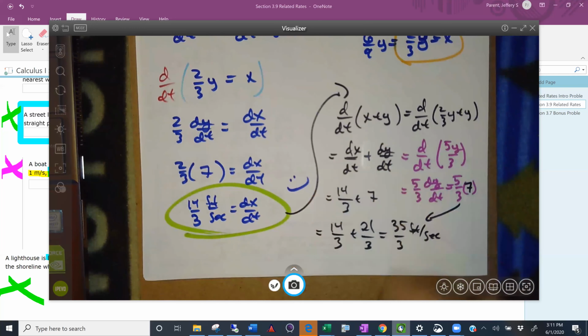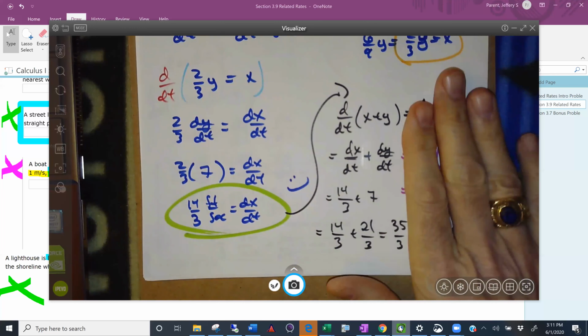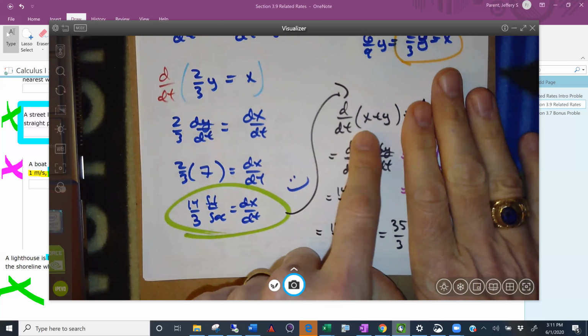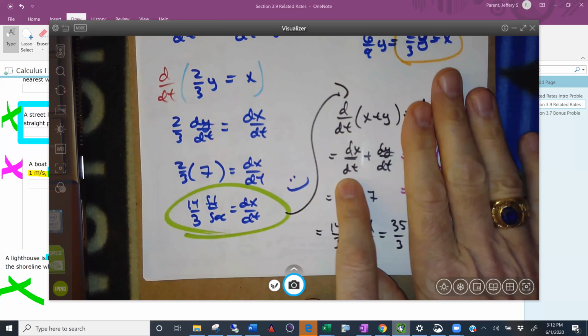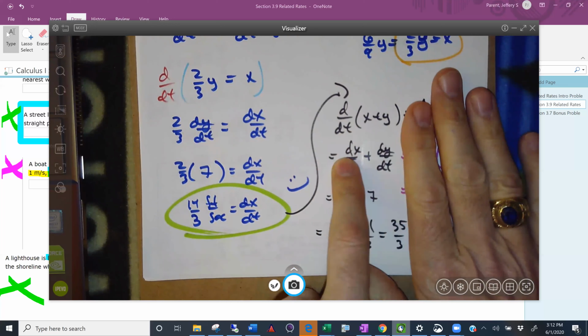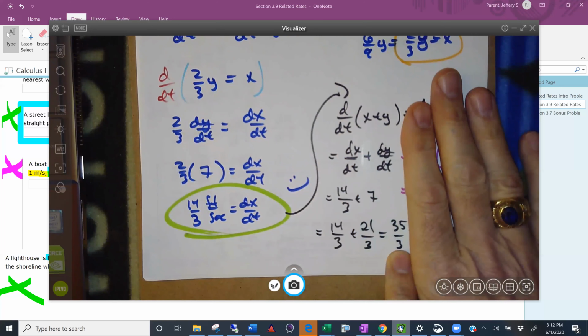So there are 2 ways you can do it. Let's start with this way. If I differentiate x plus y with respect to time, I'll get dx/dt plus dy/dt. Now dy/dt, we know that's 7. dx/dt was 14/3. If you get a common denominator,